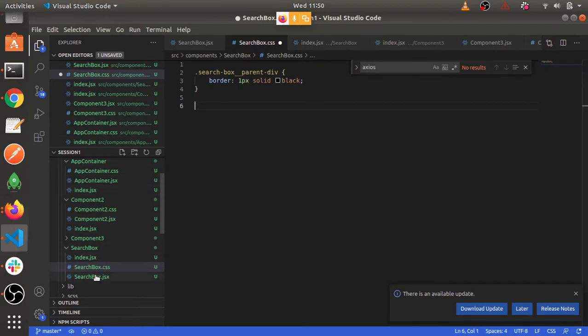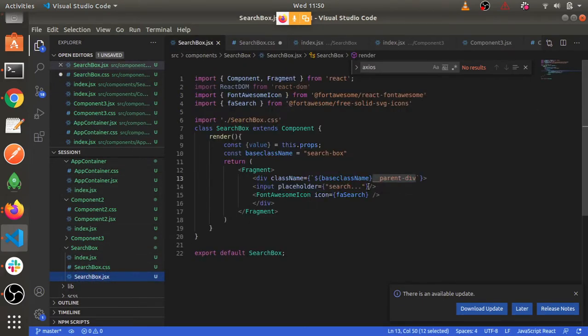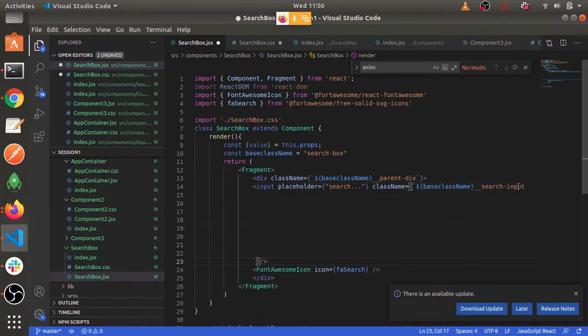So I'll give a class name to this as well. We are lazy people, so we'll just copy and paste a few things which can reduce some work. I'll name it search input.